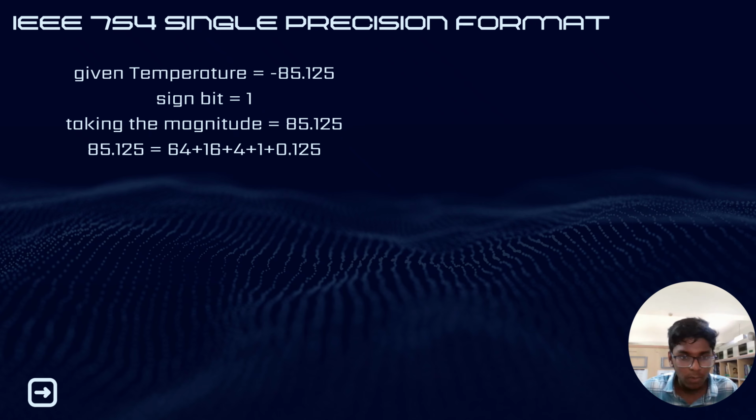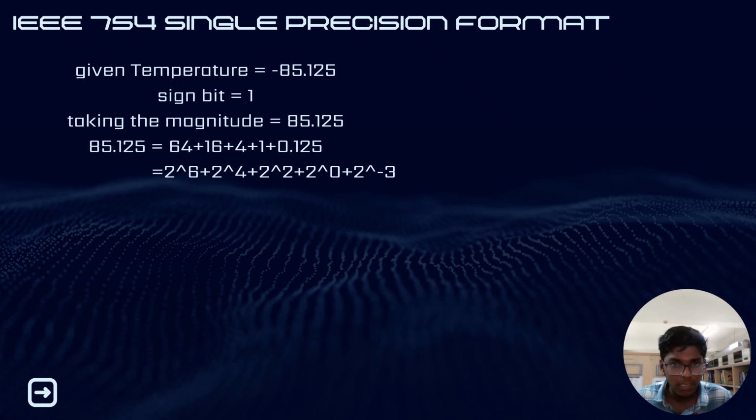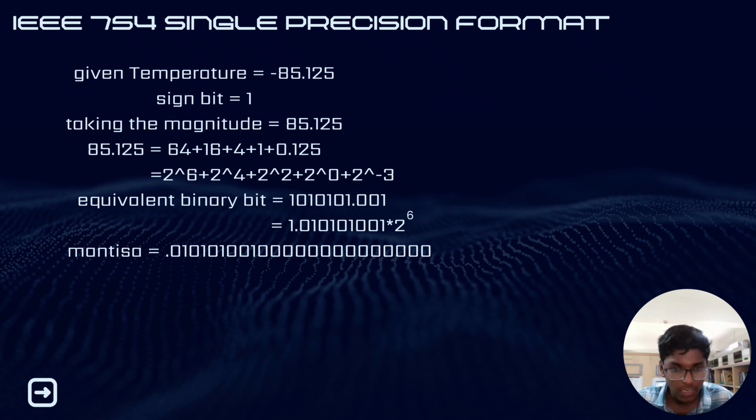To convert this number into binary, we write this number as a sum of powers of 2, which is equal to 2 power 6 plus 2 power 4 plus 2 power 2 plus 2 power 0 plus 2 power minus 3. The equivalent binary representation of the given temperature is 1010101.001. Taking power of 2 as common, the equivalent binary representation of the given temperature is 1010101.001. Taking 2 power 6 as common, we get